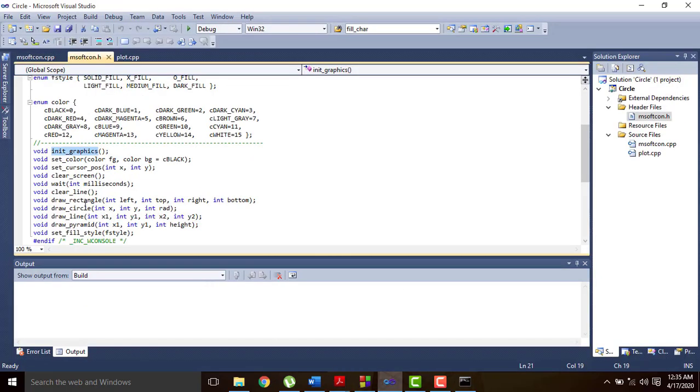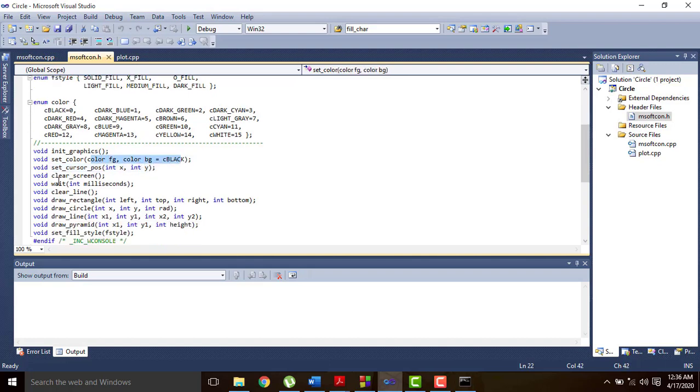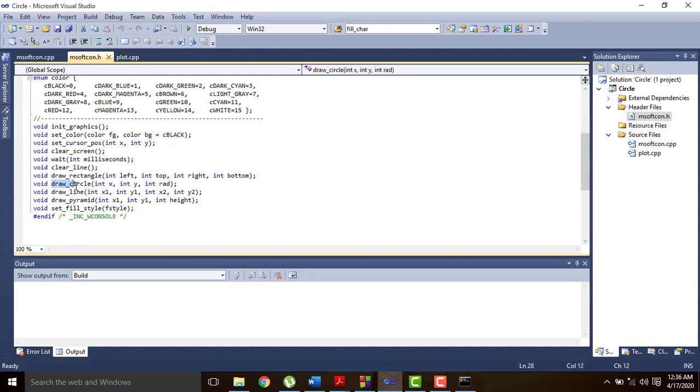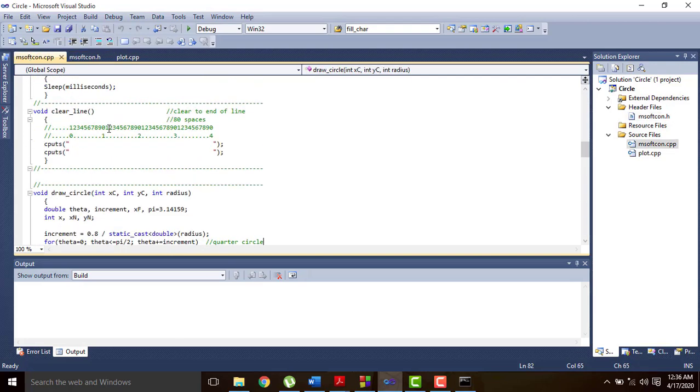So let me show you. See here, set_color, right? This is right here, and it contains these arguments. Right? set_fill, it must be somewhere here. Then we want to draw circles, so circle are here. Okay? So the library for this one is this library here,